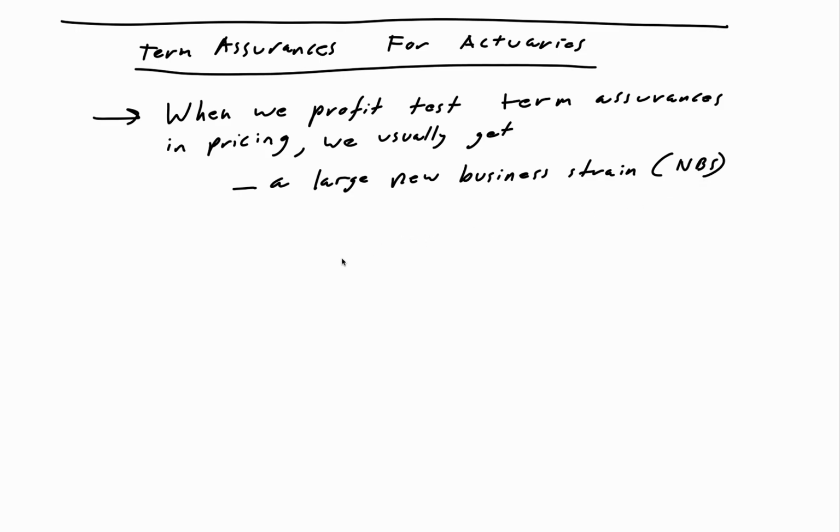which we can call NBS, and this is basically a negative cash flow. So basically we need to inject money into a contract when we first set it up, and that injection of money is effectively a loss to us. We're having to put money in, we're not getting profit out at time zero. So that happens at the beginning, and then that's